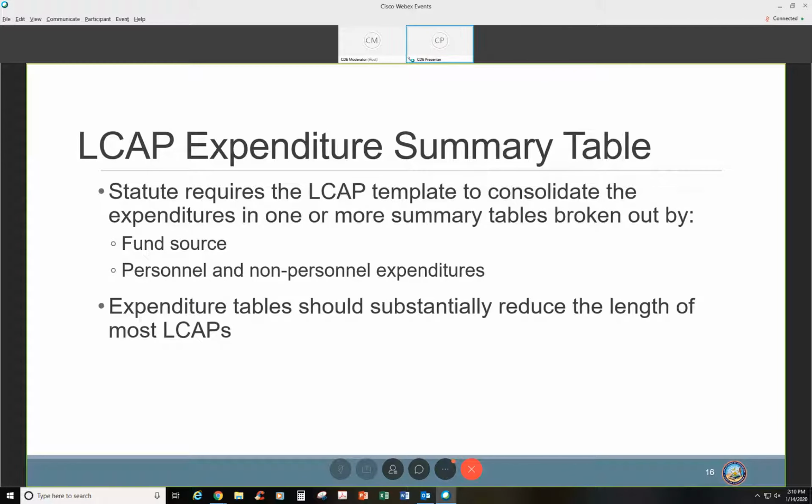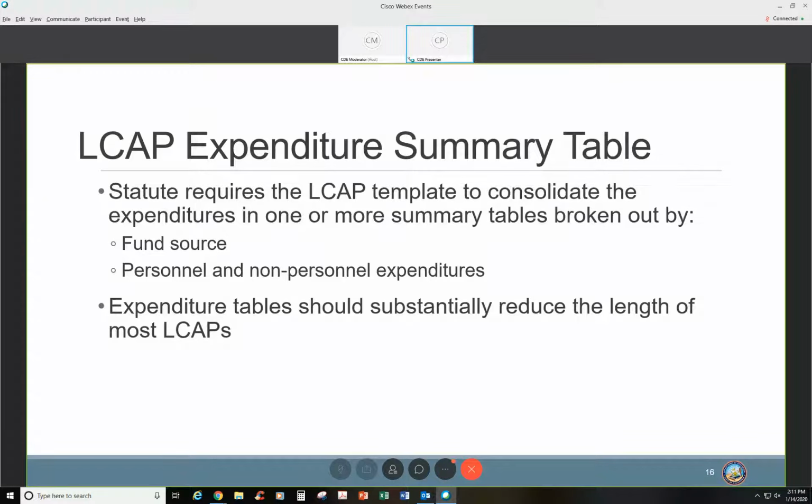The expenditure summary table is a new addition to this new LCAP. It states there what is required. Some changes that came with that are that LEAs are no longer required to identify tax codes and track those expenditures and funds by tax codes. They are no longer required to differentiate between LCFF base, supplemental, or concentration grant funds. They are just LCFF funds. However, you can see here that all actions must be identified and broken out by fund source and then the percentage of personnel and non-personnel expenditures.